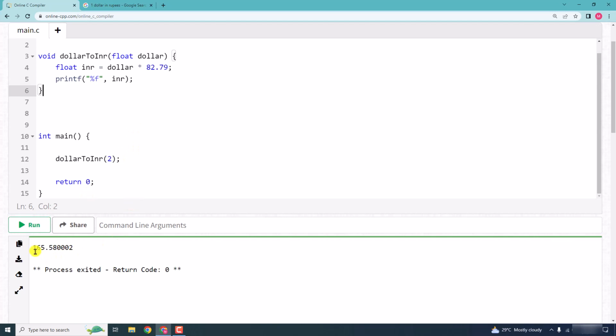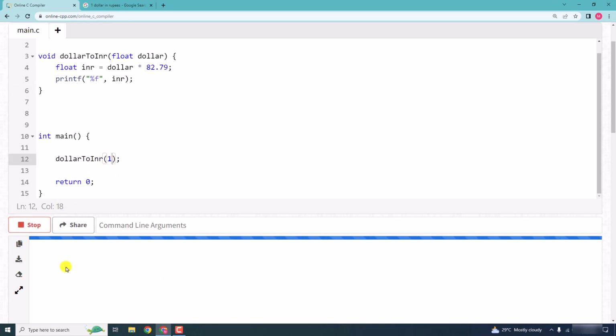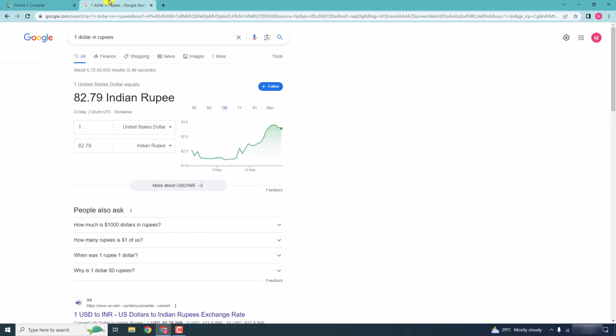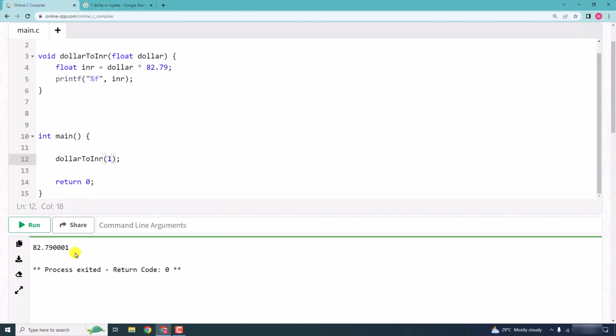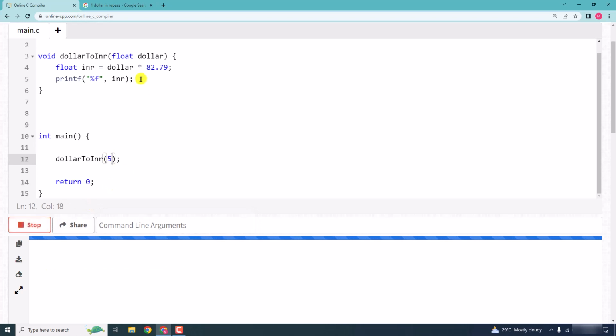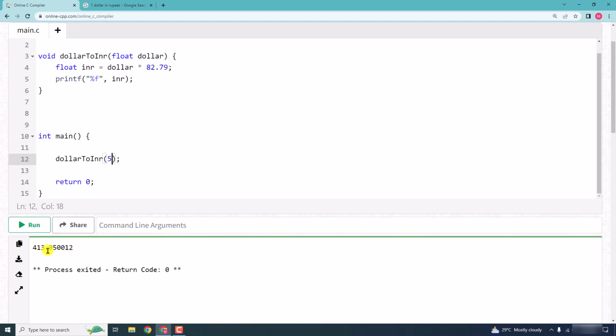Okay, so $2 is equal to 165.58 rupees. So let me have 1 here and run to get 82.79. All right, so the program is working fine. So let me have 5 and I get 413. Okay, so it is working fine. But now